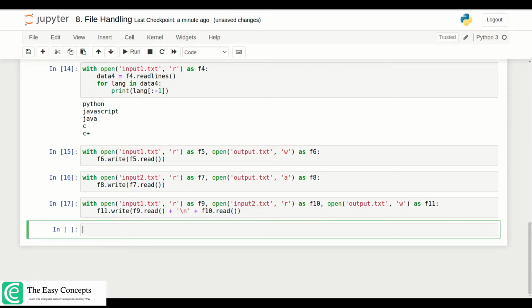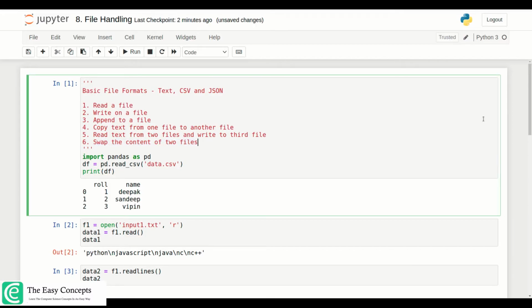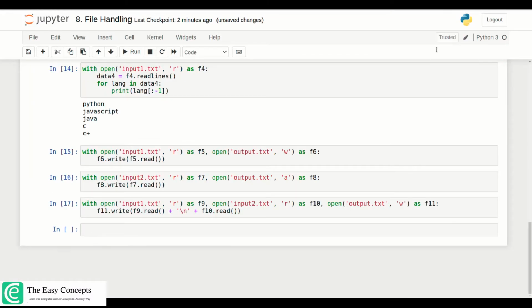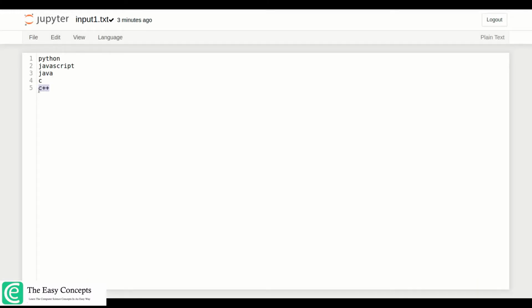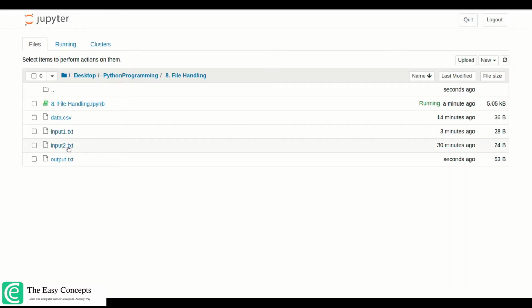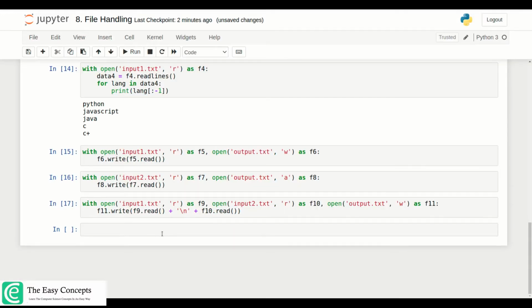Now we have another problem statement, swap the content of two files. So you have input1.txt and input2.txt. You can see it clearly. C++ is the last programming language in input1.txt, and in input2.txt we have PHP in the end. Now we are going to swap the whole content of these two files. What you have to do, just open these two files,